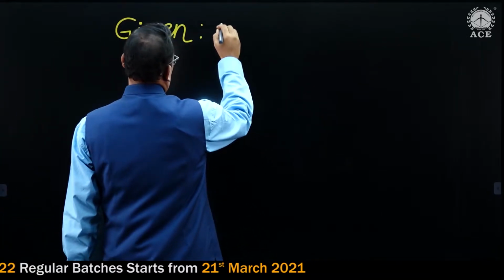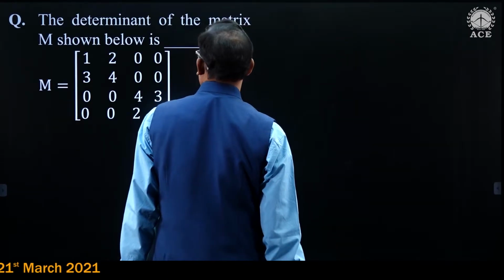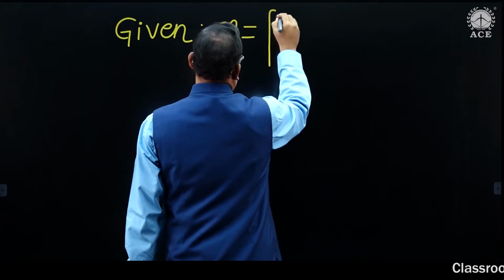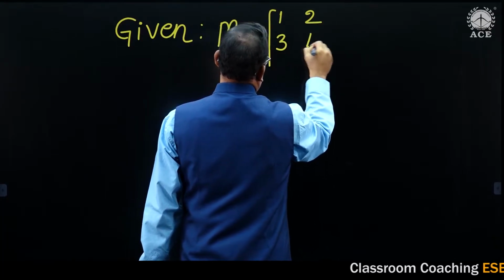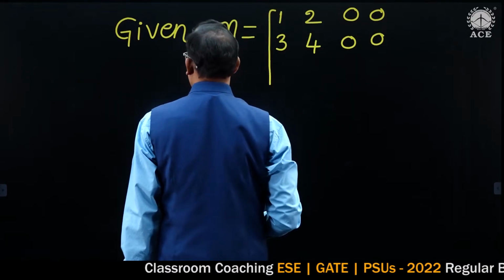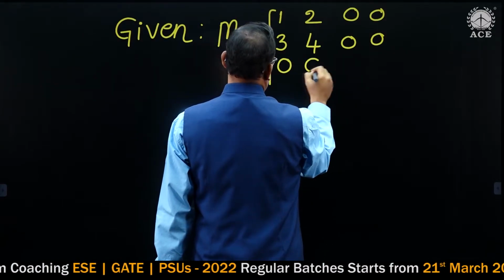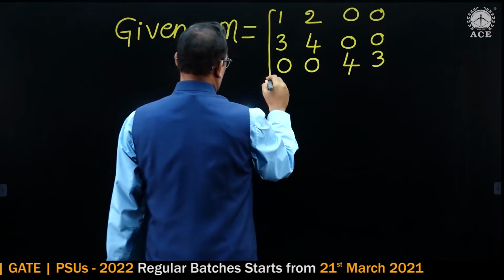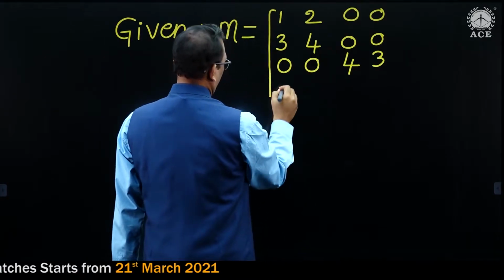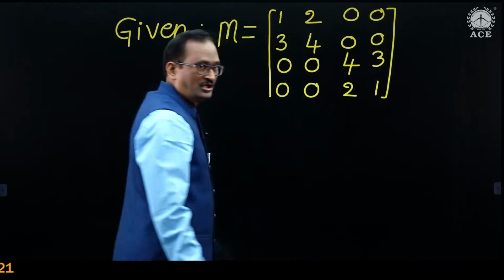Given M is equal to 1 2 3 4. These elements are zeros. 0 0 4 3, 0 0 2 1. Now you observe,